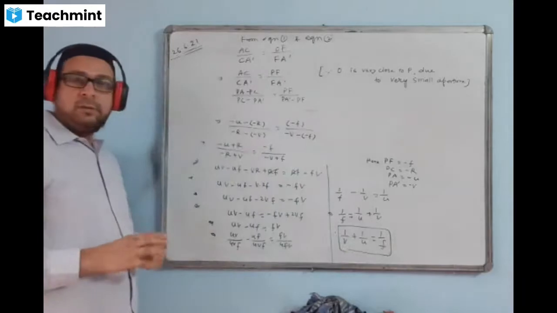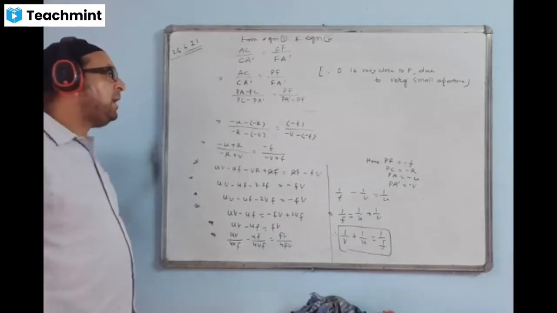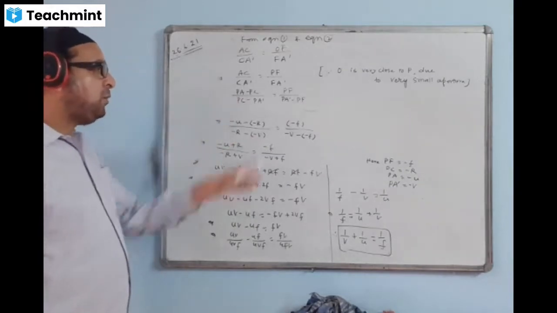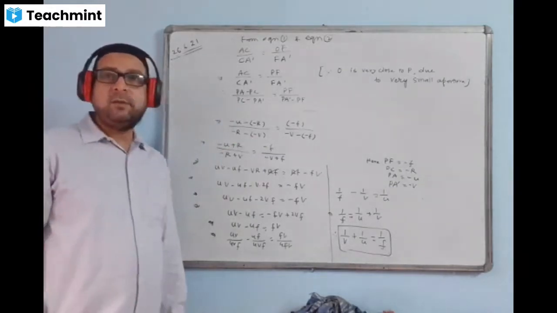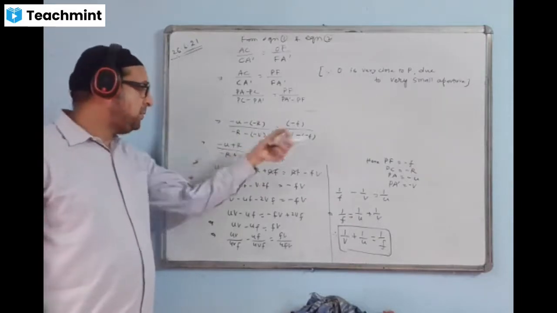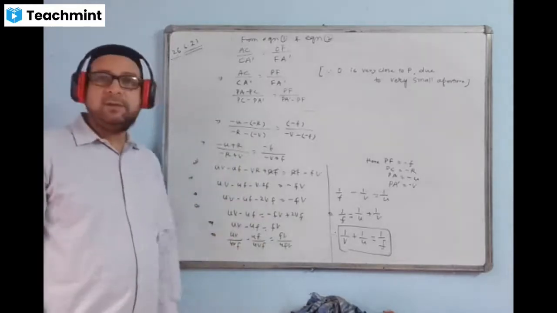So this is the derivation. You need to make a proper diagram, and using that diagram and with the values, all the distances are measured from the origin, and then you will be simplifying it. At last, you have to divide by UVF everywhere and you will get the result.